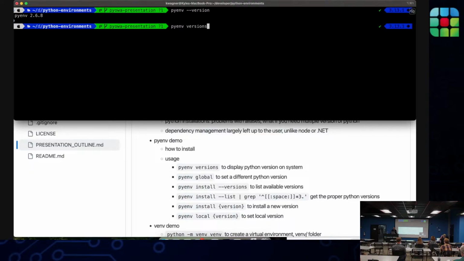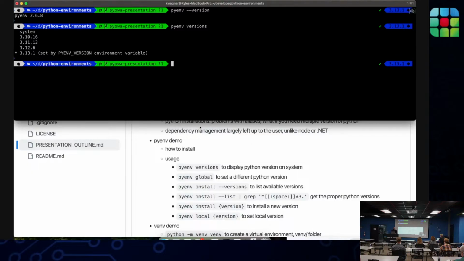If I run versions, this will show me which Python versions are available with pyenv. So I have 3.10, 3.11, 3.12, and 3.13, some specific patch versions of those, and only four different versions available. There's an asterisk next to the bottom one that shows which one is currently active.